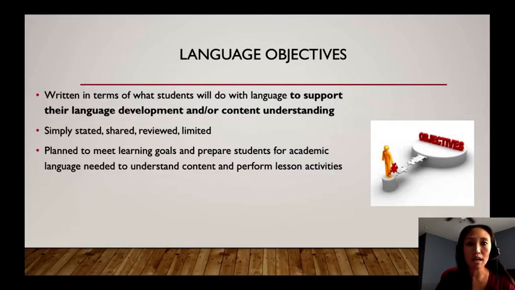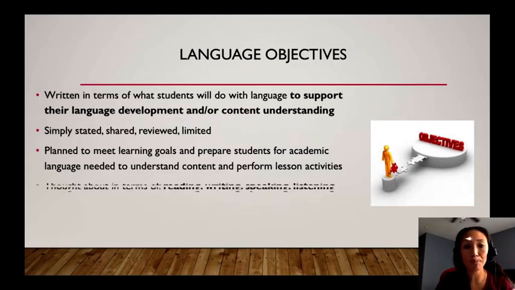So when we think about moving towards our final assessment, what's the academic language and the academic skills that students would need to meet those final assessment goals? What would they need to perform the lesson activities? And how can we help them, whether it's sentence frames, whether it is previewing the vocabulary, and we'll talk about that as we go into instruction? But what can we do to help them develop the academic language and language structures in order to move towards